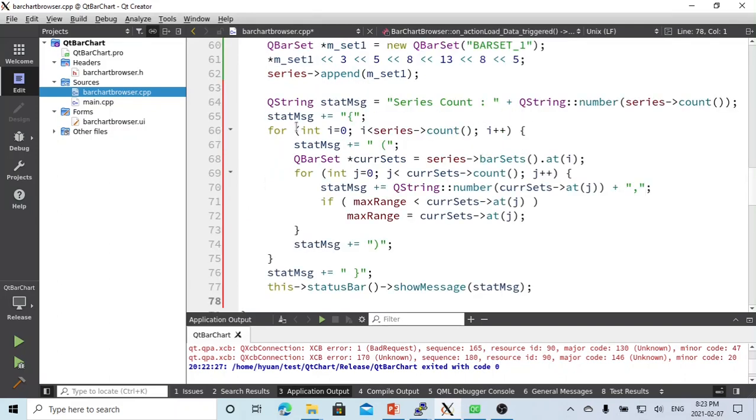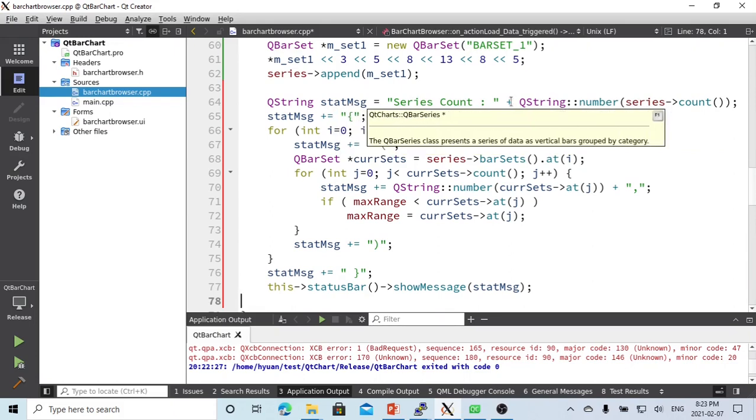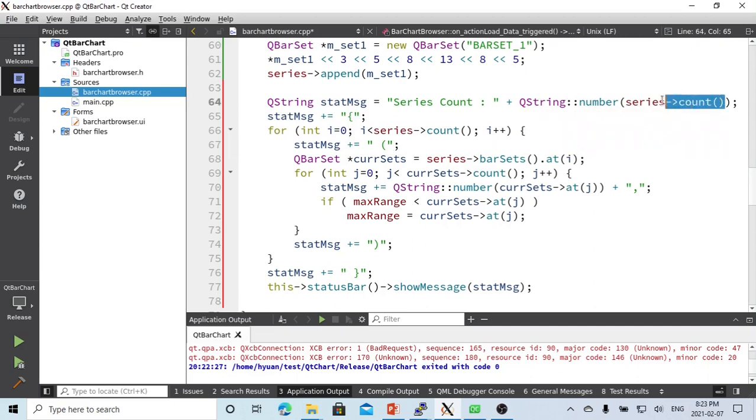So we make a status message, and the status message is going to be series count and the number of series. There's a method for the series called series count, which gets the total series. In this simple example, we have 2 series, so we set 1, set, and then we make a